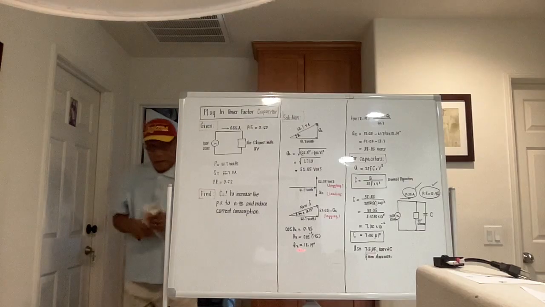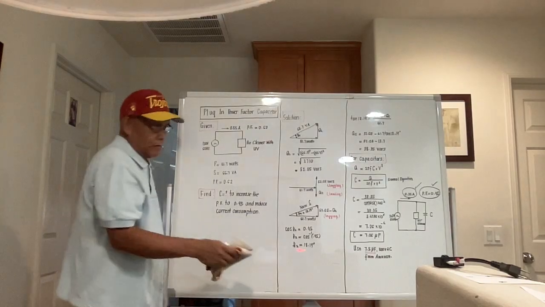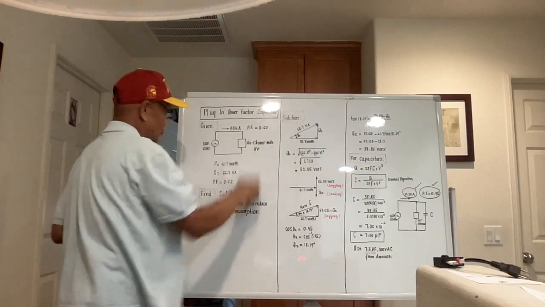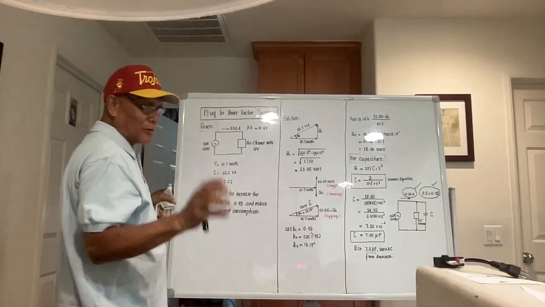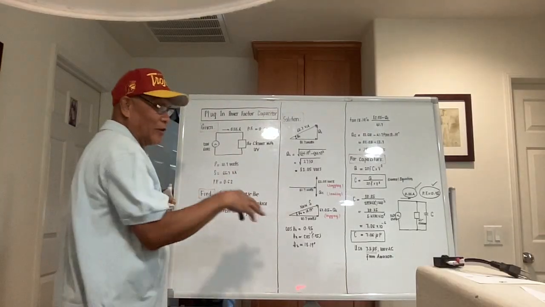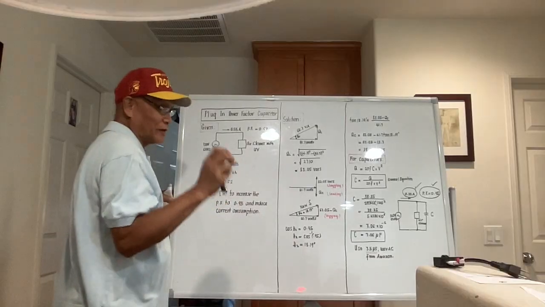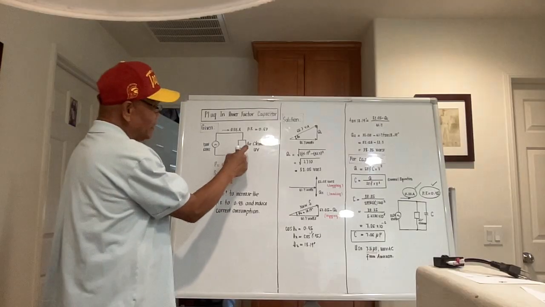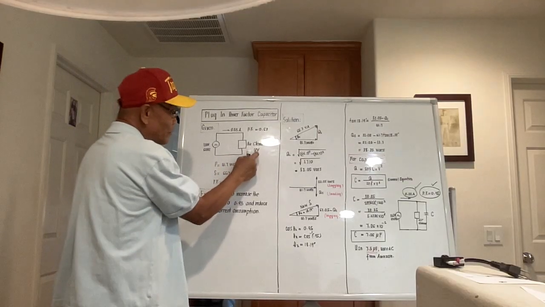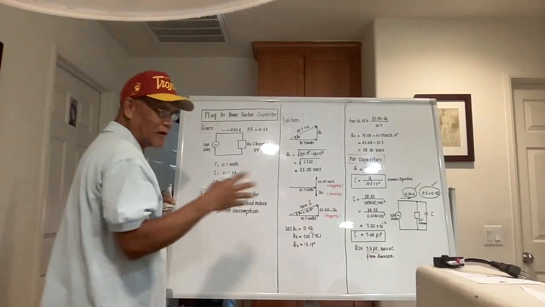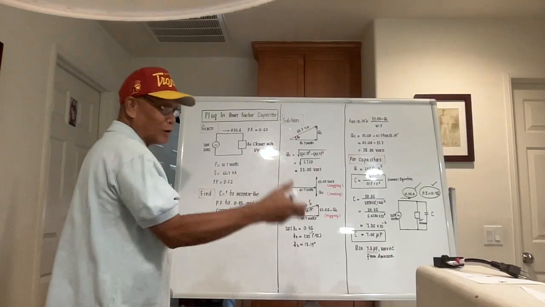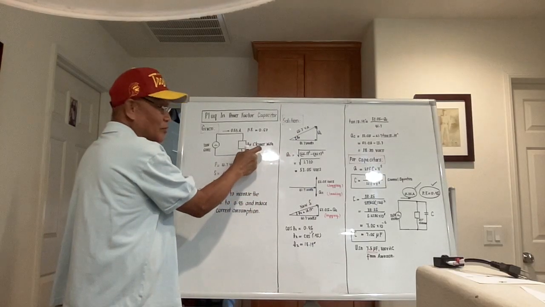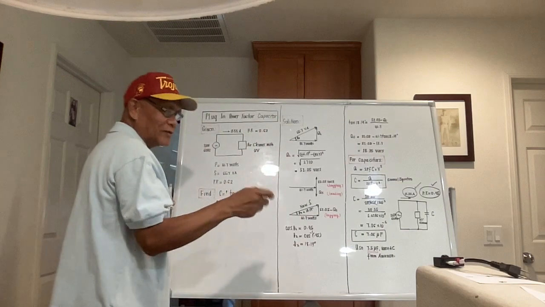Okay, I got my eraser cloth. So the title of the topic for this afternoon will be plug-in power factor capacitor. Okay, the problem is something like this. For you guys, this is for any home user which is watching my YouTube channel right now. Given, supposing we have a load here, an air cleaner with UV. Air cleaner with UV, it's an air cleaner. So it has a motor, right? And we would like to decrease the current consumption of this one,